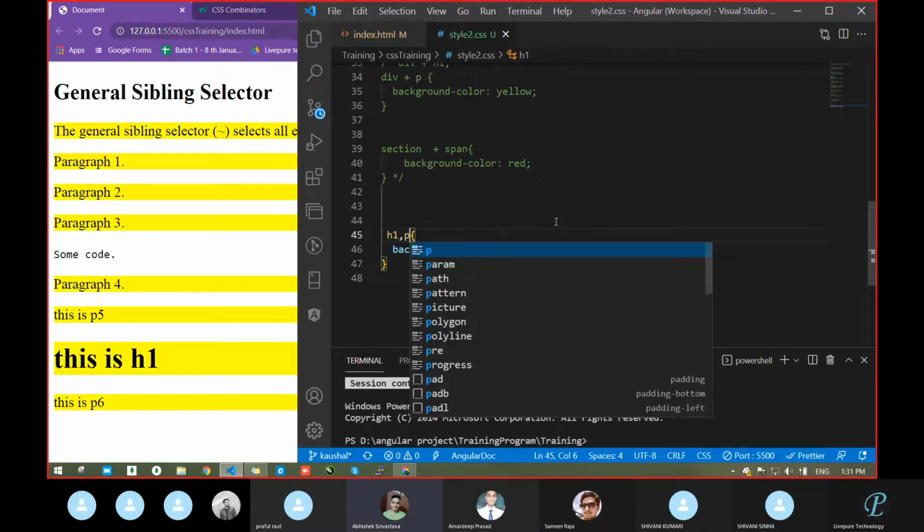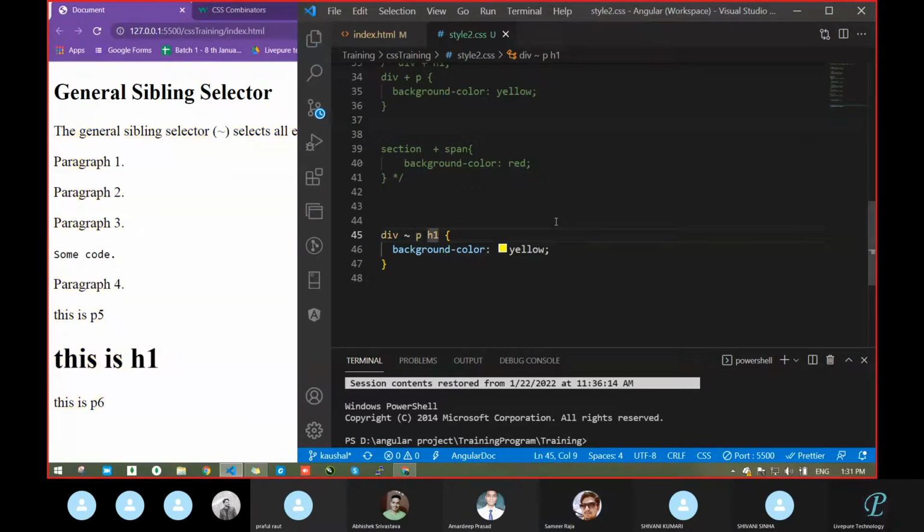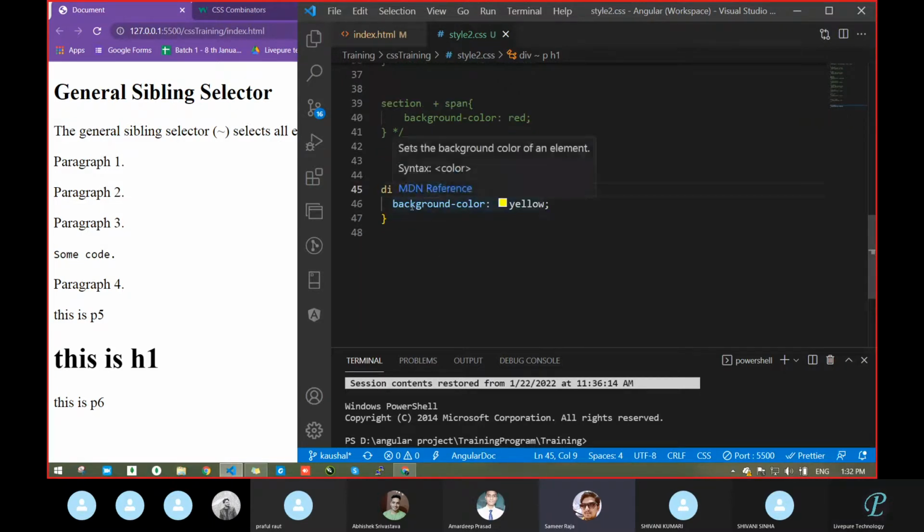So between the div, all types of selector will be affected. No, sir, what I am trying to say is that we mentioned a comma symbol, and with that comma the simple selector is working over there. But we have to remove that comma and instead of that comma give a space, like a descendant.